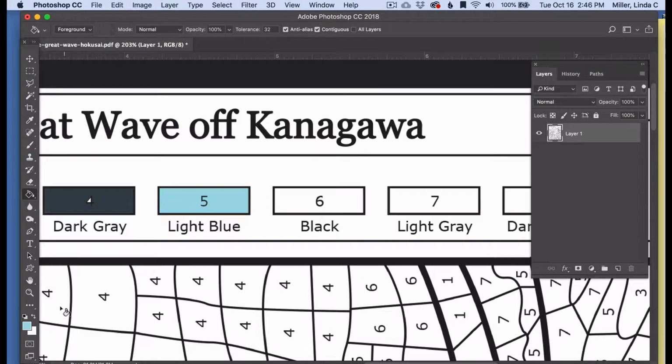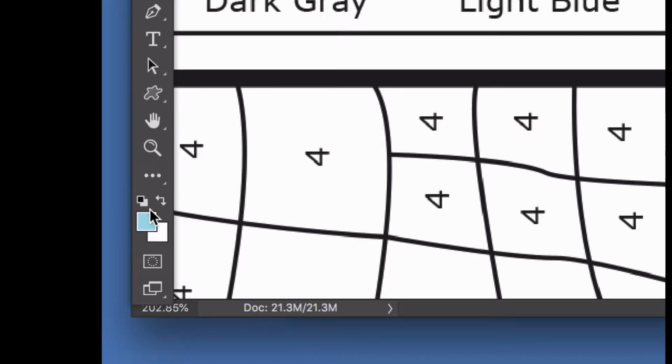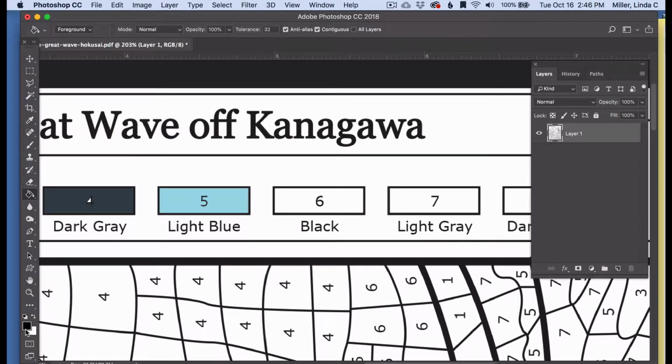and black. Over here on the toolbar just above the color boxes, there's a little tiny black and white box, and those are the default colors. So if you click on that, you get the black and white. So I'll just get the black that way and click over here on black